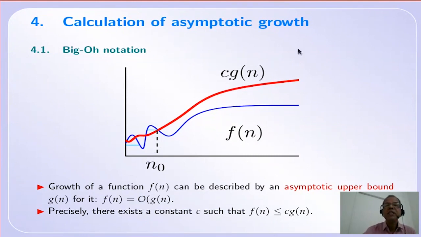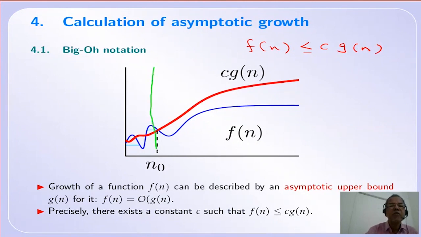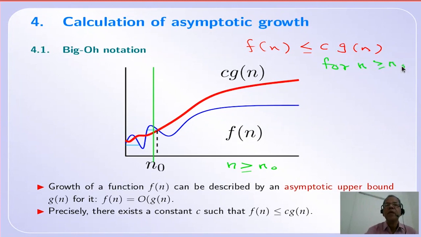So even this, that f of n is always less than or equal to c times g of n, need not be true always. It is enough if it is true for large values of n. I will say that for all values of n larger than or equal to n0, if this is true for n greater than or equal to n0, that is the definition of